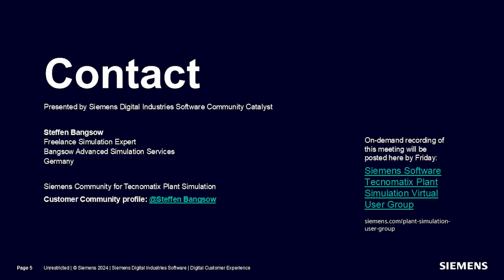Is it possible to make this communication work with the EXE Pack and Go? No. This is quite restricted, and the Pack and Go package doesn't include all the functions of plant simulation. This is to make the EXE smaller, so you do not have all functions in the Pack and Go. And you need a license for this. This is what I showed at the start of this presentation. You need to set a variable to the license you use, and without a license, no, it doesn't work.